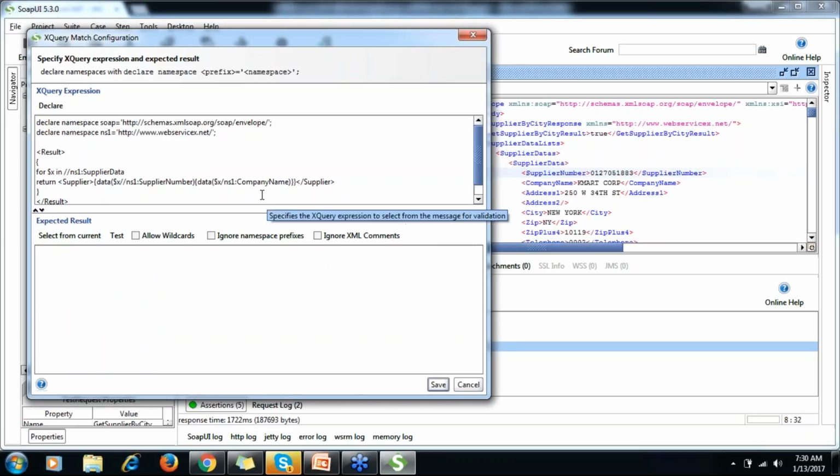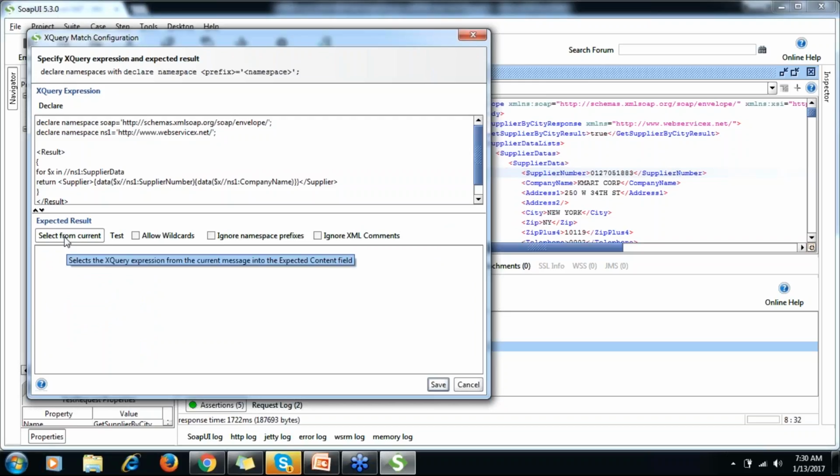So it says invalid. Okay, where is the issue? ns1, I don't see any. Team, can you observe anything? Let me know.